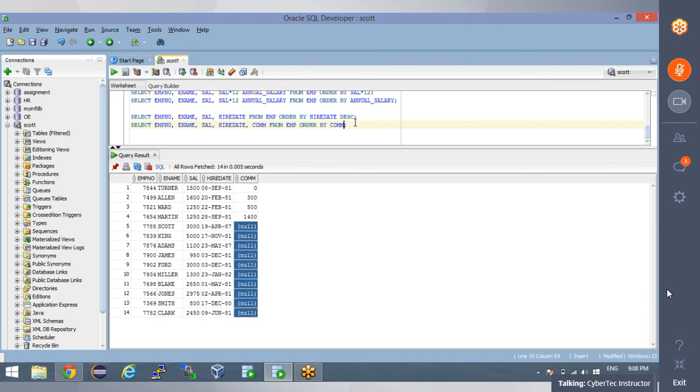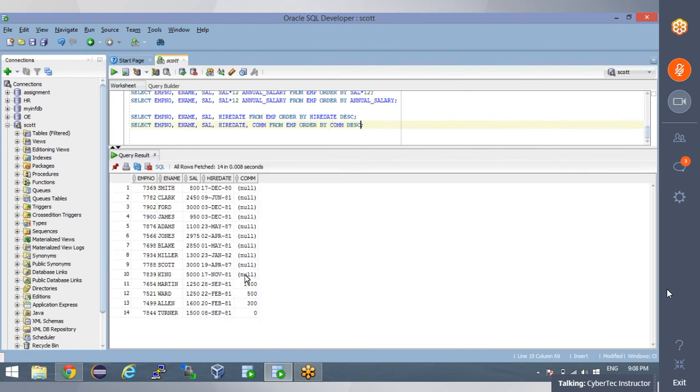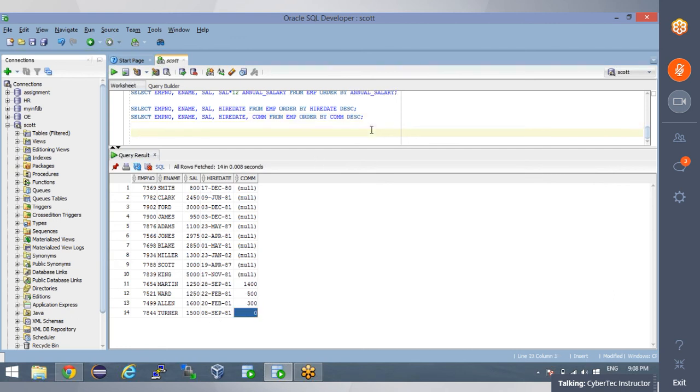But if the same query is written with DESC, see the output. You cannot predict any value within the nulls, so by default it is considered a larger value. Wherever the column has nulls, if you order the data in descending order, the top records would be those nulls, and the bottom would have your values. Just below the nulls, you'd see the data arranged in order: 1400, 500, 300 and 0. Likewise,